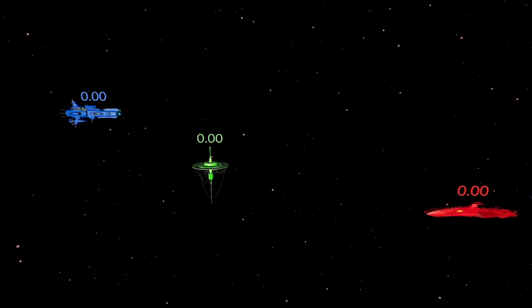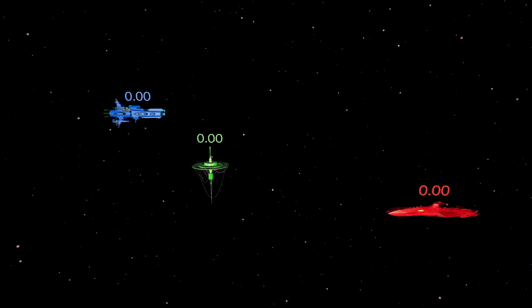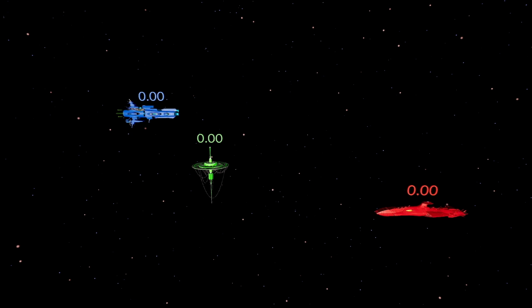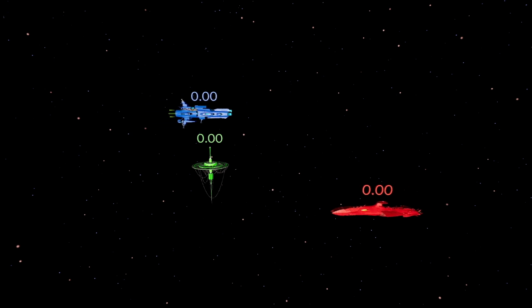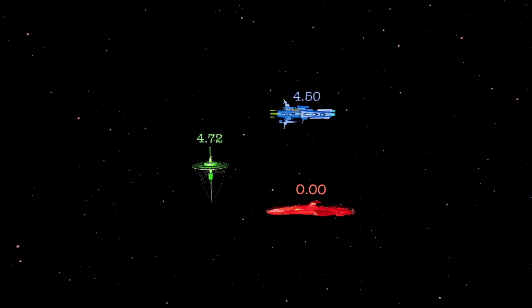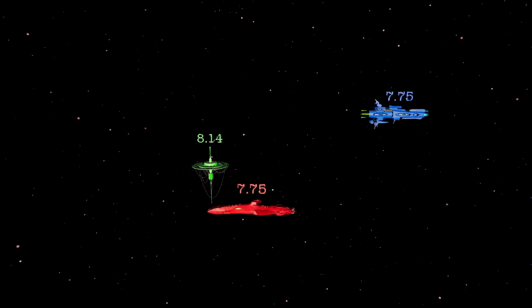Consider two spaceships and a space station. A blue ship is drifting at a constant velocity to the right, and a red ship is drifting at a constant velocity to the left. Once in this state of motion, the crew of the ships and the space station each construct an atomic clock on board by synthesizing a sample of radioactive isotope with a particle accelerator. As the blue ship flies by the space station, it synchronizes its clock with the space station. When the blue ship and the red ship meet, the red ship syncs its clock with the blue ship. Its clock continues where the blue ship clock left off.